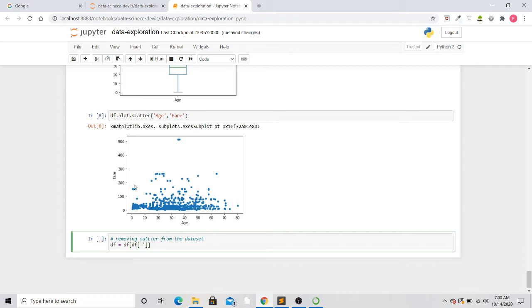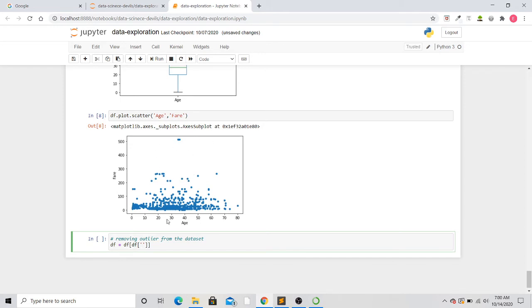So what I am doing, I am removing these entries. For that I am writing df equal df square bracket, then df again, and then fair. As I can see, 300 is the maximum fair, and anything above 300 will be my outlier.